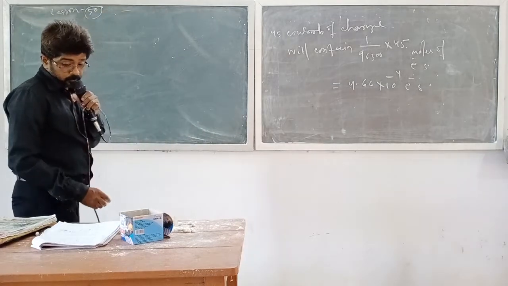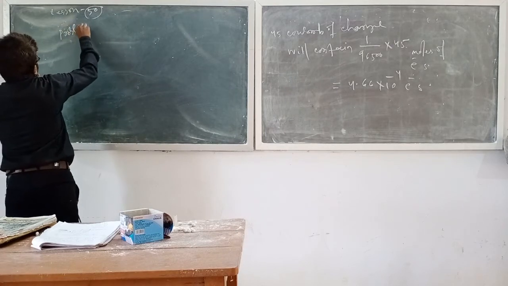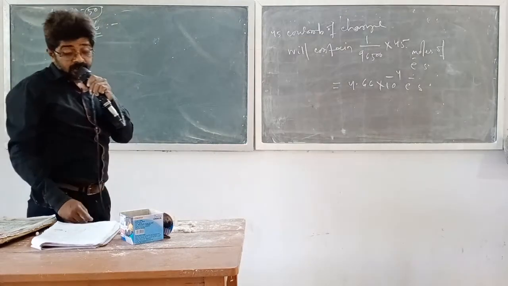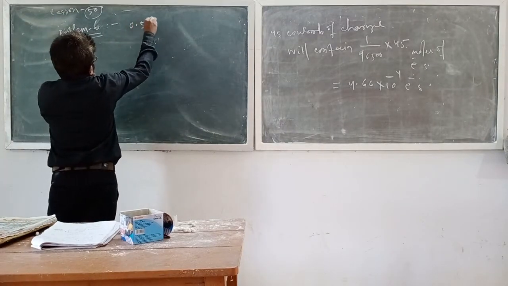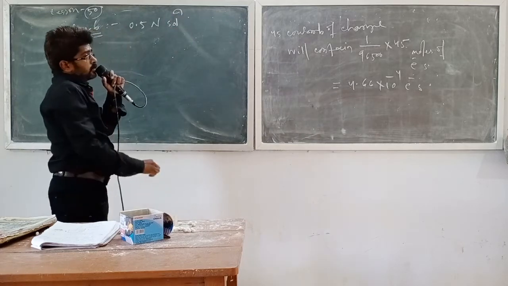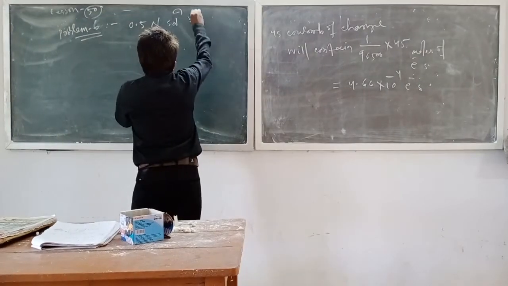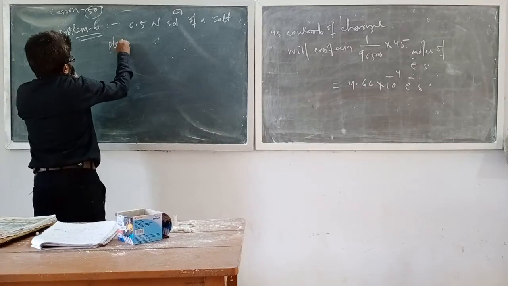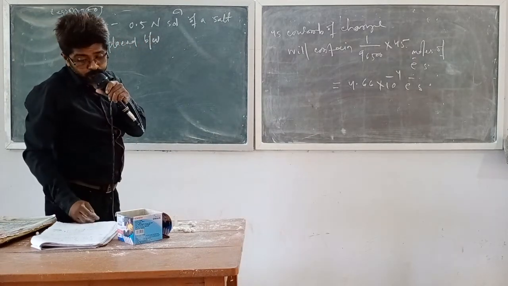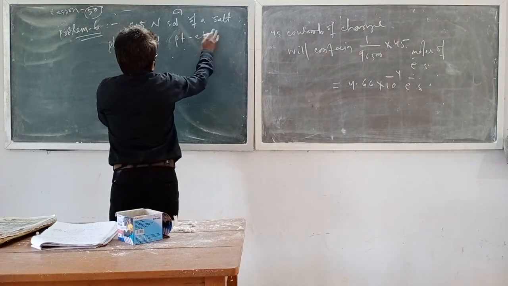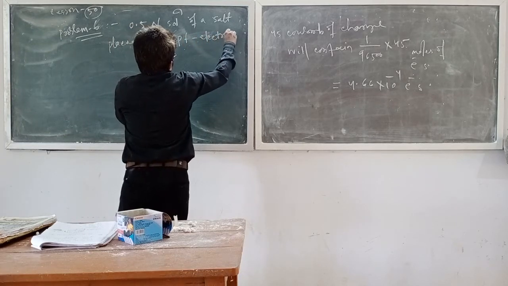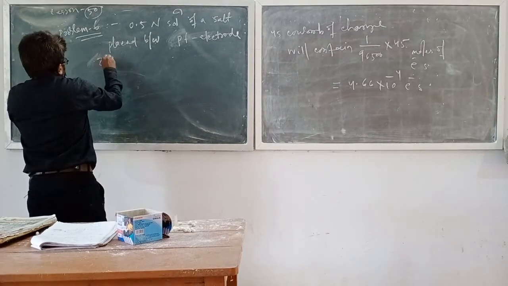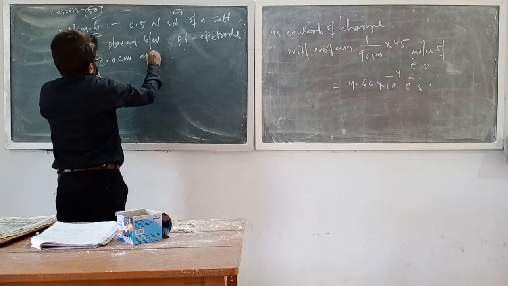Next problem we will see, problem 6. Problem 6 is asking about a 0.5 normal solution of a salt placed between electrodes 0.2 cm apart